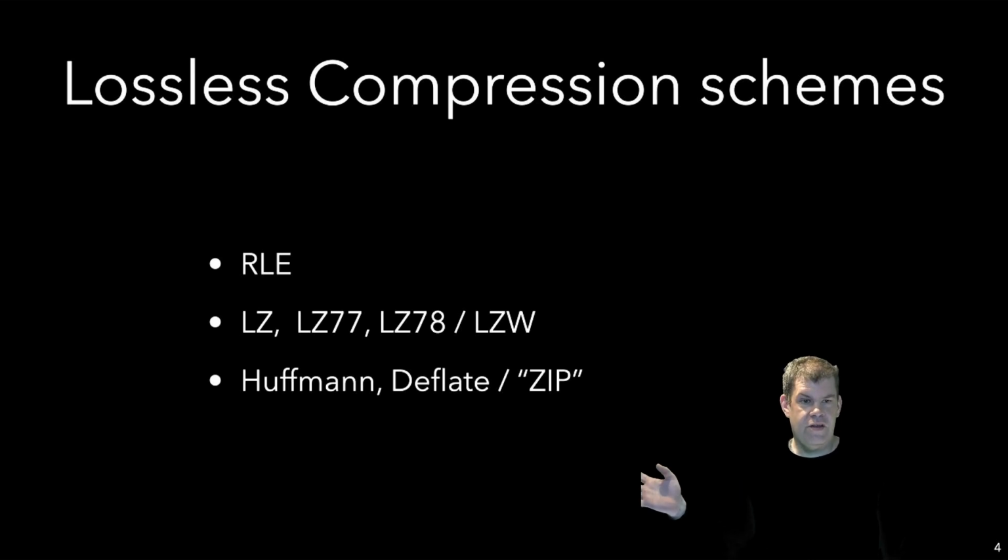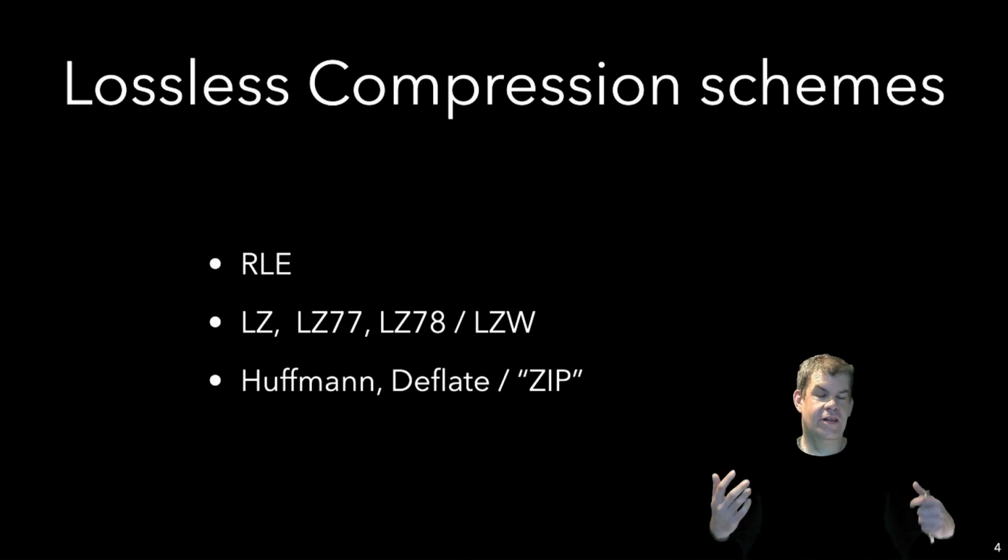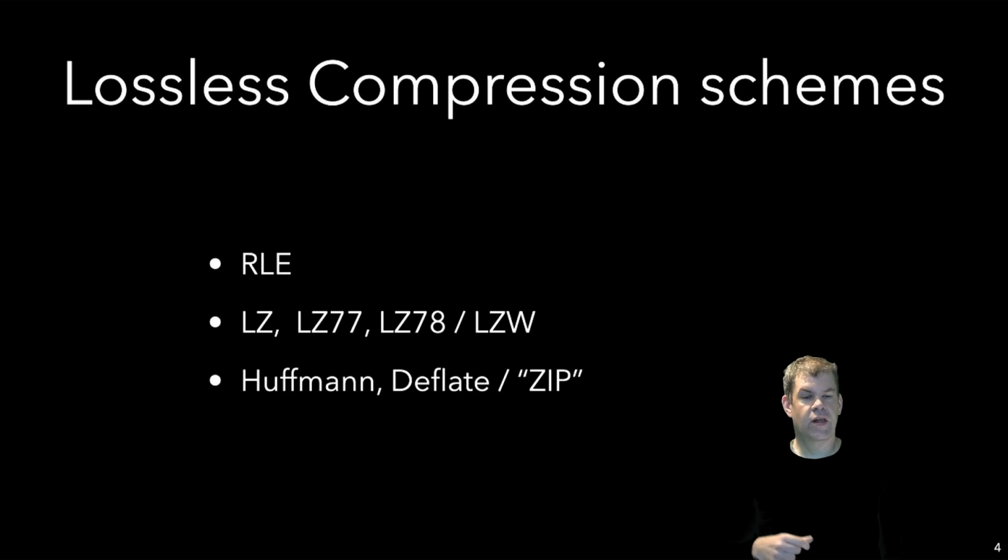Then there's the LZ compression family, named after two researchers, Lempel and Ziv, and later on a person called Welch joined the team, so we also have the LZW compression scheme. In particular, LZ77 is a very important compression scheme here, and LZW as well. That's why I want to talk a little bit about these two compression ideas in more